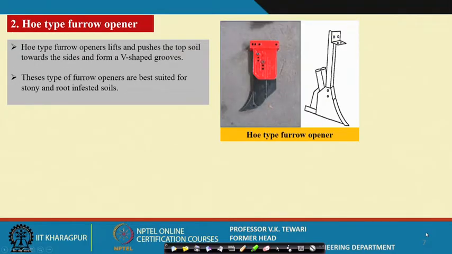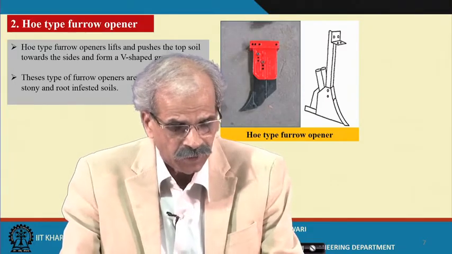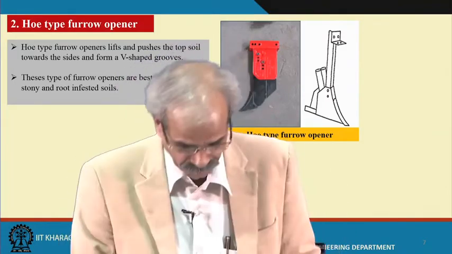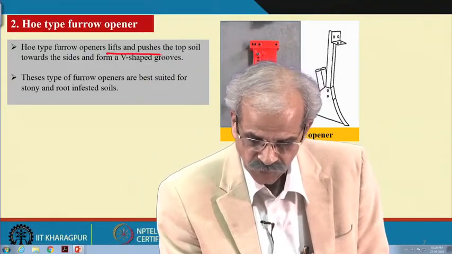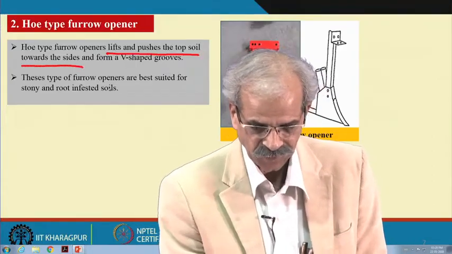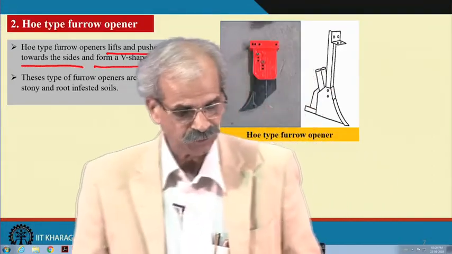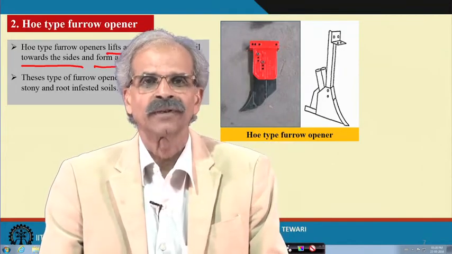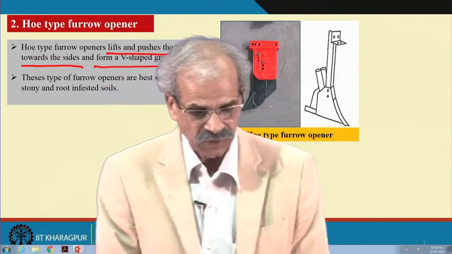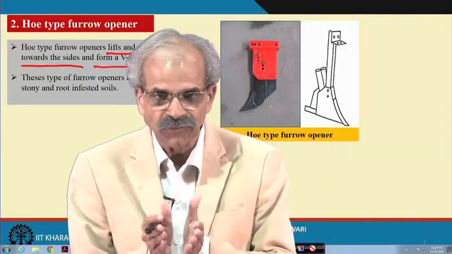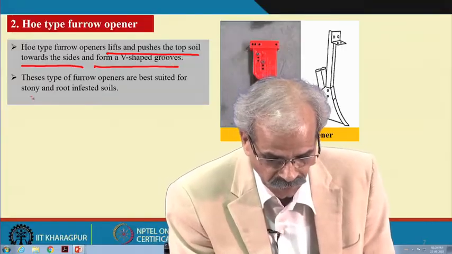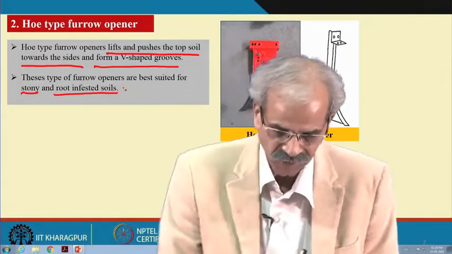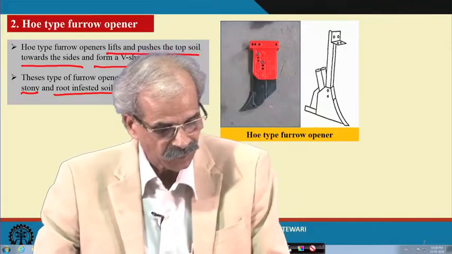Hoe type furrow openers, you must have heard of these. The purpose of this type of opener is that it lifts and pushes the topsoil towards the sides and forms a V-shaped groove. This is the beauty of the hoe type of furrow opener. Such furrow openers are best suited for stony and root infested soils. Actually, a lot of roots etc. are there already,